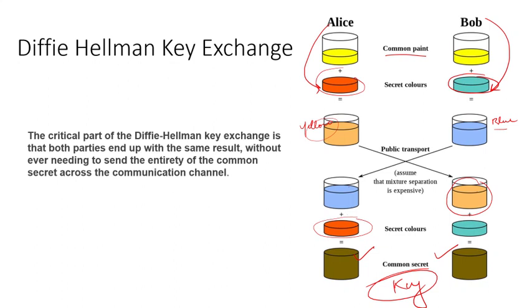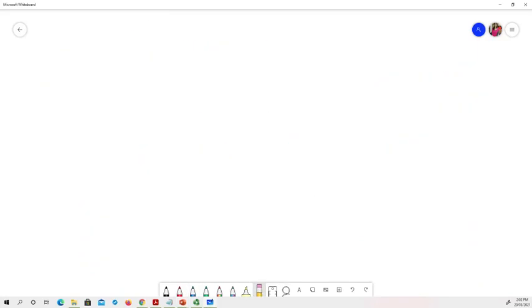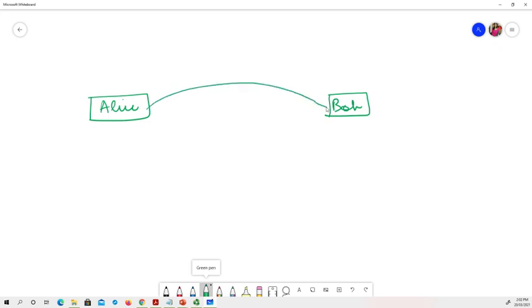So let me open my whiteboard. Okay, so now let's suppose that we have Alice again and we have Bob. In the Diffie-Hellman key exchange protocol, they agree on two numbers: one is P and one is G. What is P? P is a relatively very large prime number. So I can write that P is a prime number, and